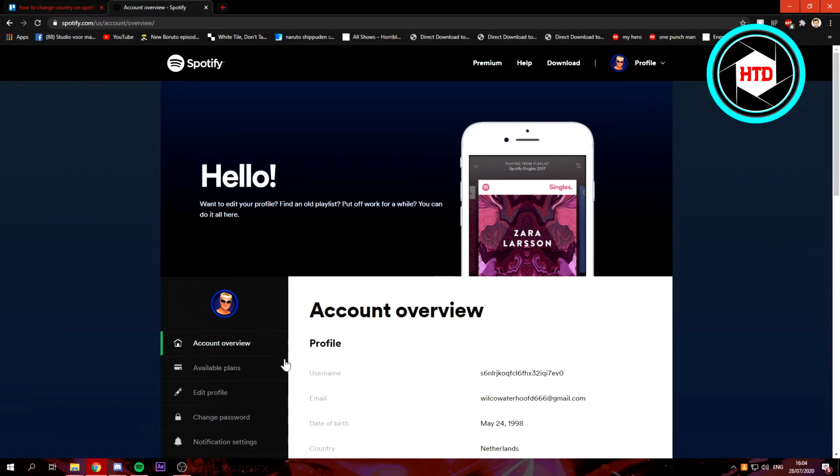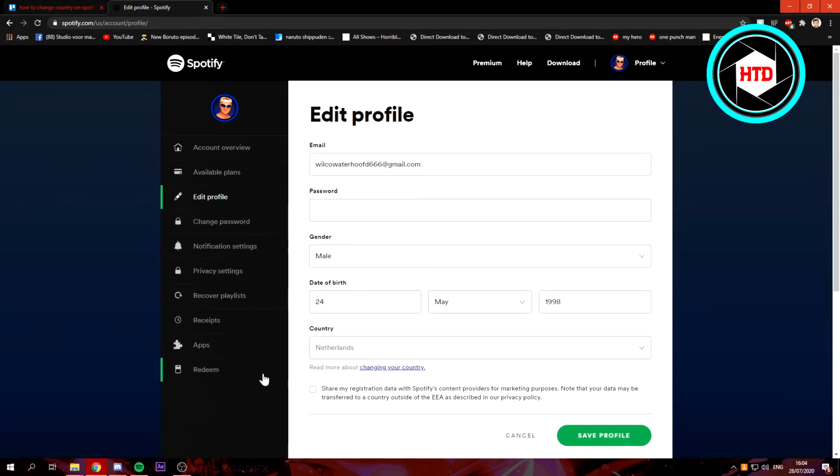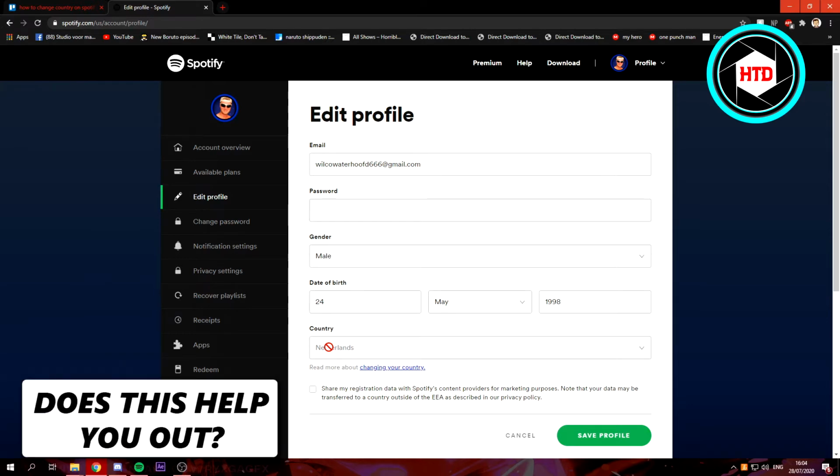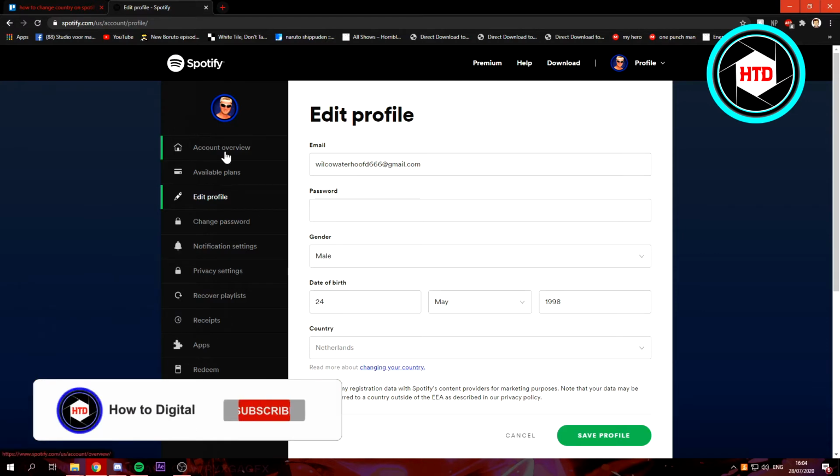And then click on edit profile. And as you can see, my country is right here, but I can't change it. So if you can just change it right here, it's fine. But if you can't, all you need to do is go to account overview,